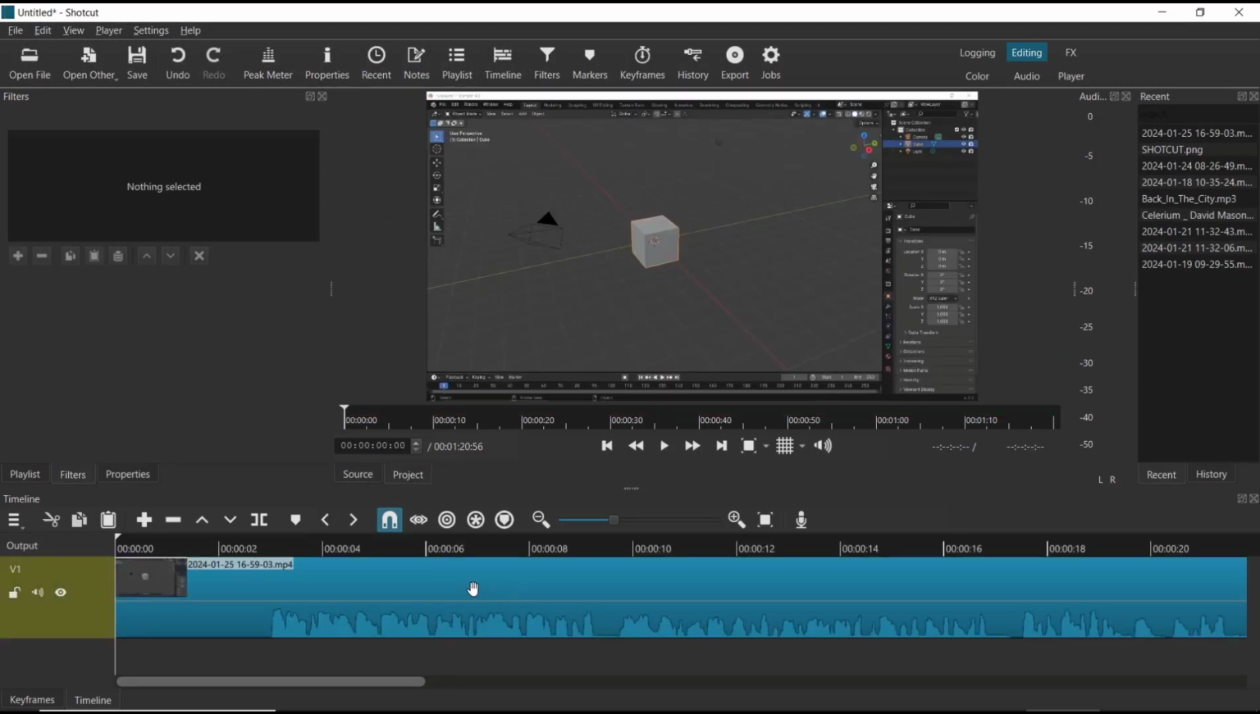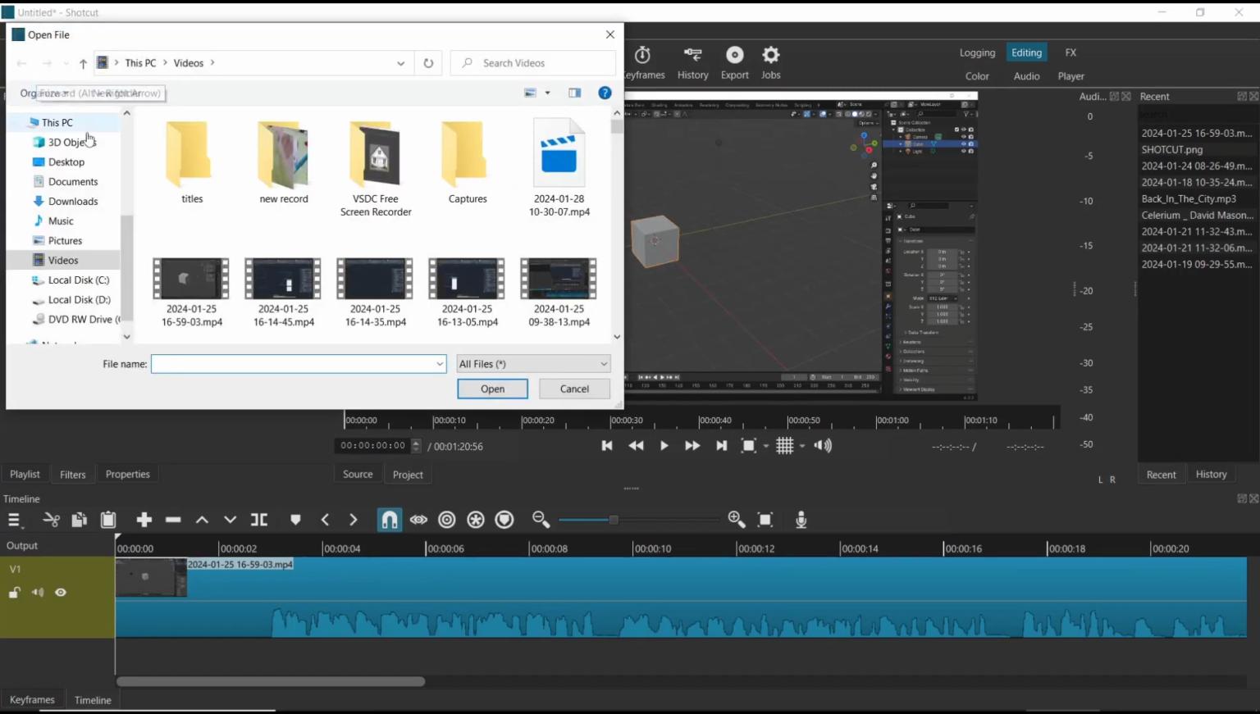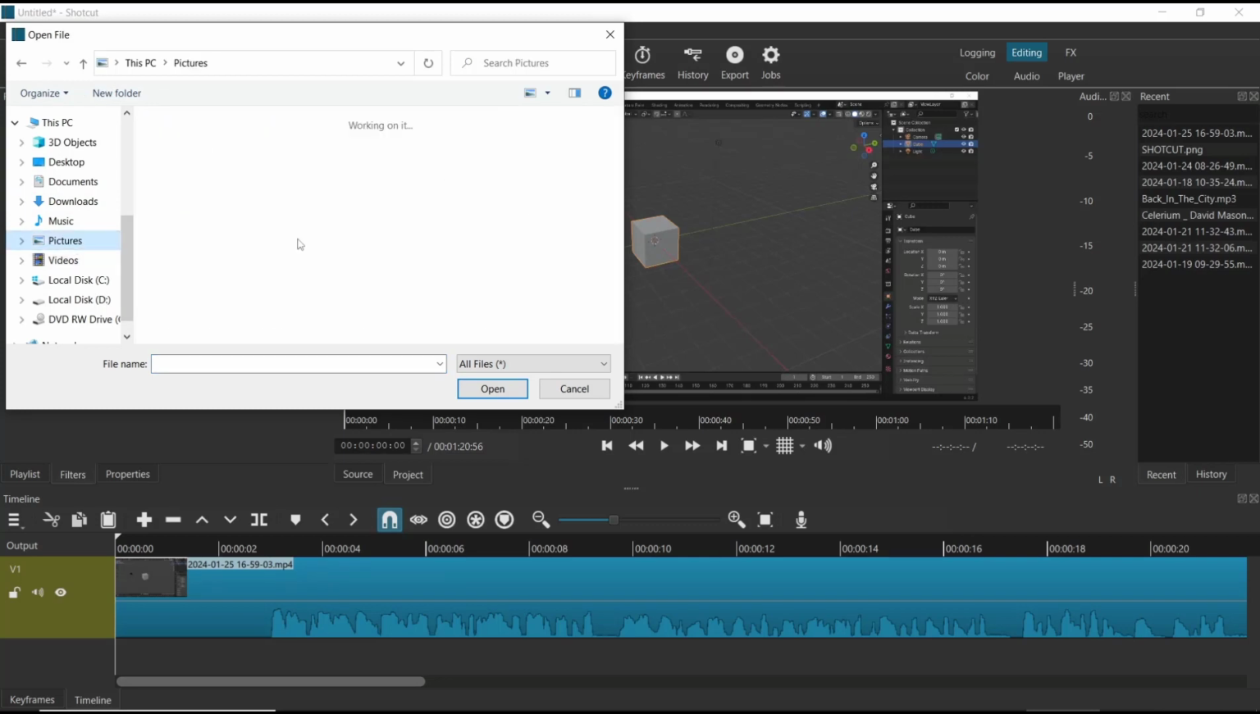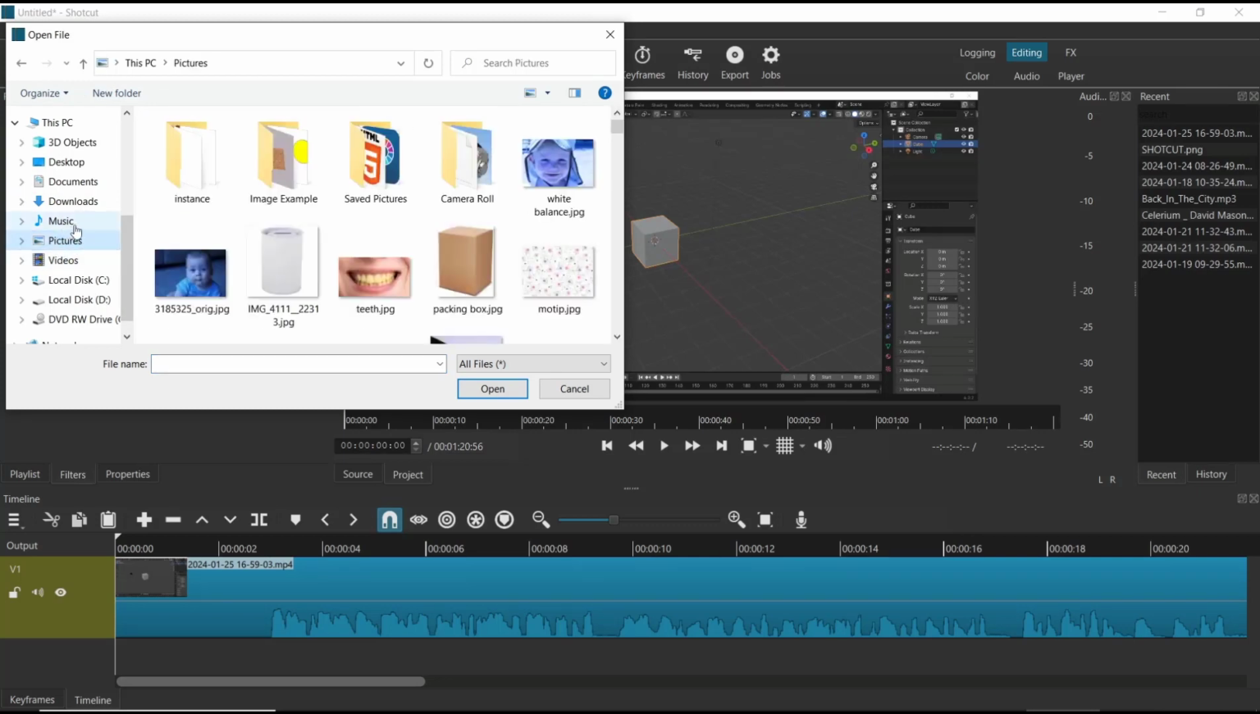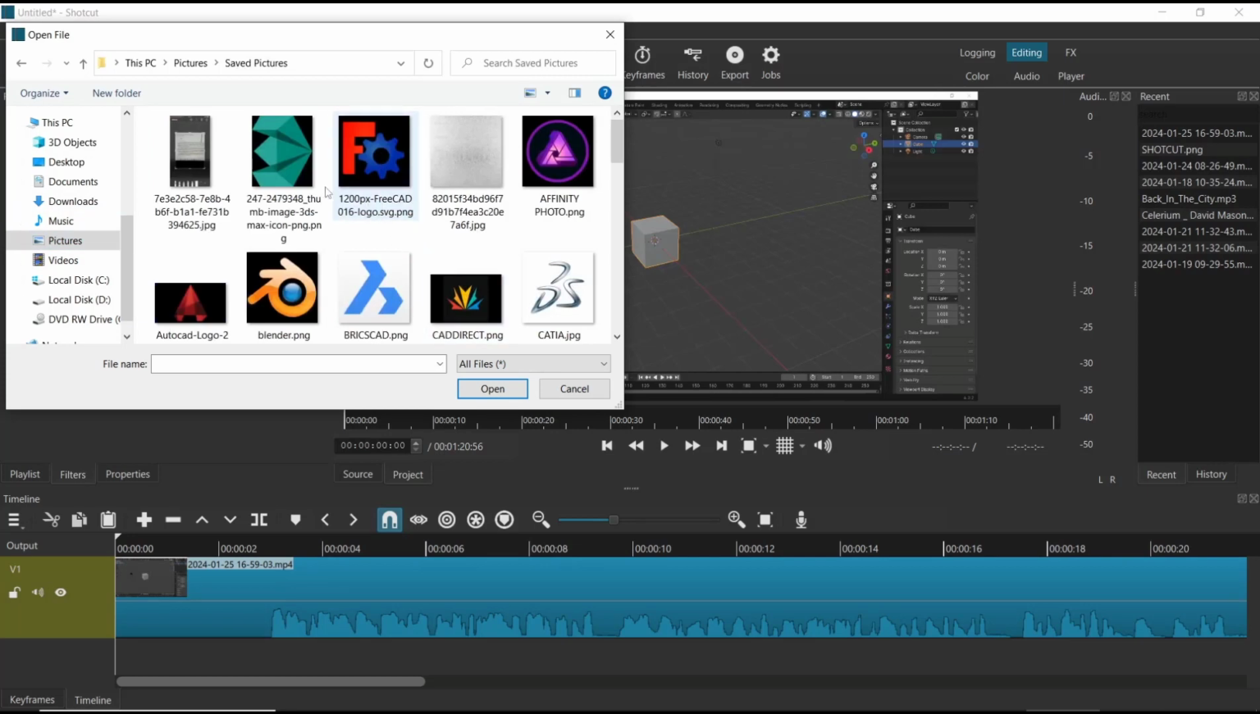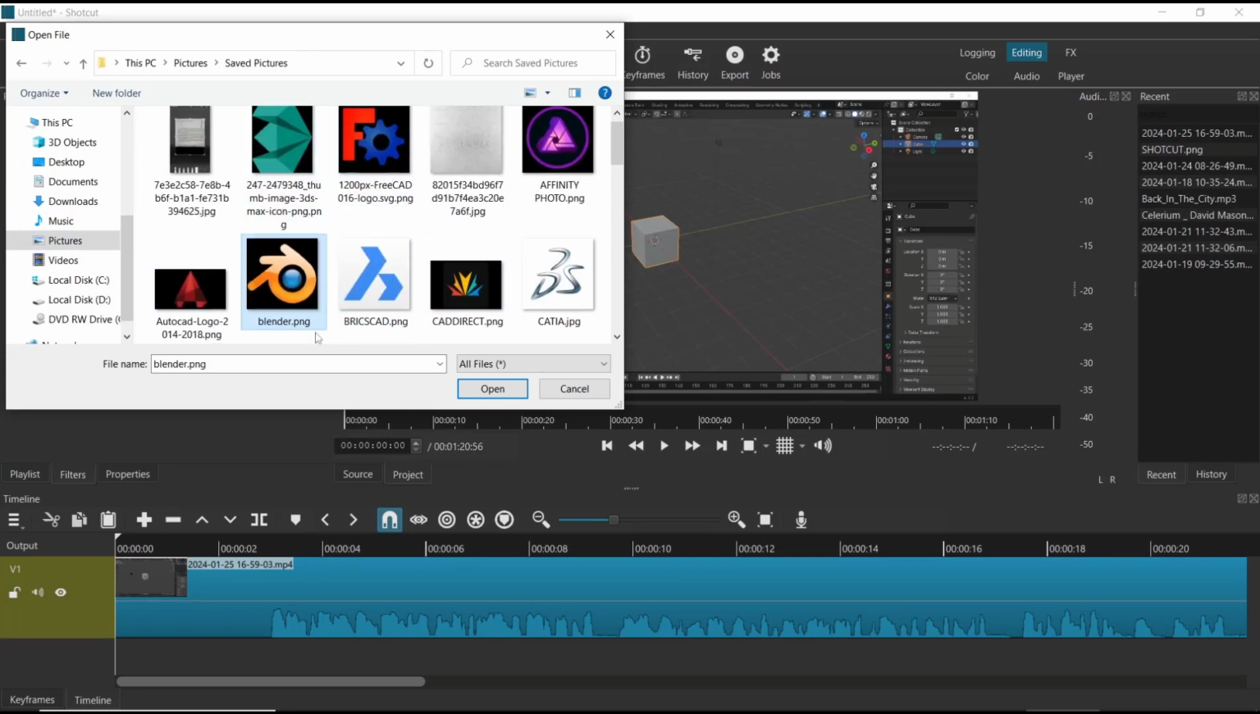Now we need to insert the image. Click open file again, and then in here I will insert an example image. So I will use this image as the example. Click open,